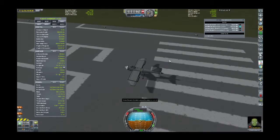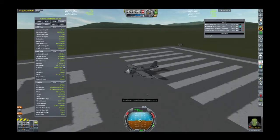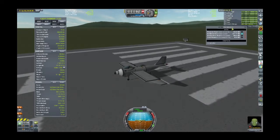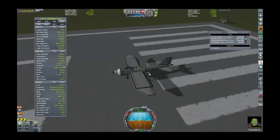Report from the runway. We've got that. We don't need to transmit it. I don't know. Energy, I've got electric charge. I guess I'd generate it from these. Well, they do have alternators, so let's do a quick